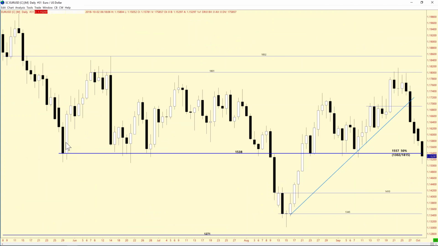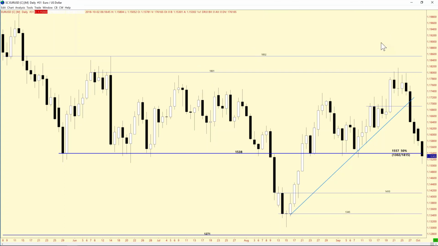You can see that as we came down here, found support, and shot right up. Came down here for support, popped back up, came down, popped back up. Once we lost it, we came here to hold it, we lost it. It was the submarine horns, and lower and lower and lower she went. Same thing, we popped above it, the momentum changed, or the sentiment, as we came back for support, moved right back up, back down for support. Here we are. It's important that we reclaim the 1538. Sometimes, like I said, you can have one day that closes below it, but you don't want to have two days. But it's going to be important for this market to reclaim 1538.